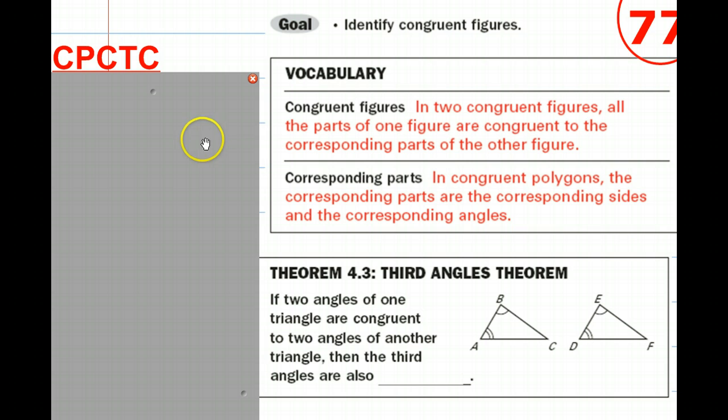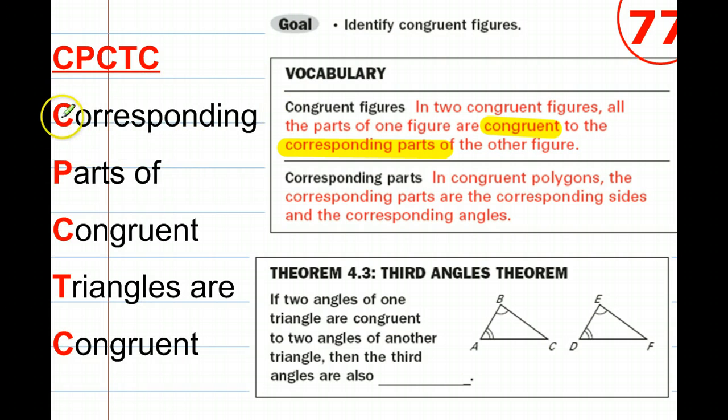congruent. If we know that figures are congruent, then we know based off the fact that corresponding parts of congruent figures are congruent, then we know that the corresponding parts are congruent to each other, and that only occurs if you have congruent figures. And so CPCTC stands for corresponding parts of congruent triangles are congruent, which means if I know that two triangles are congruent, then I can show that all pairs of